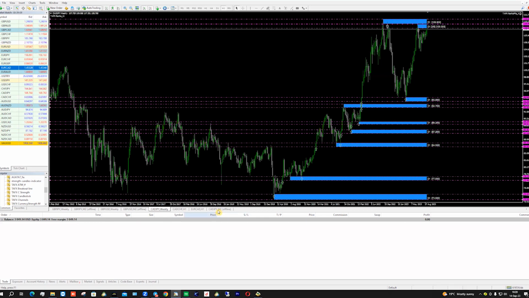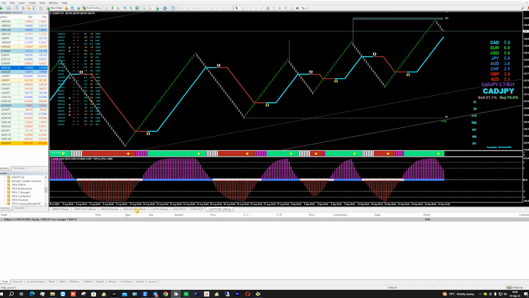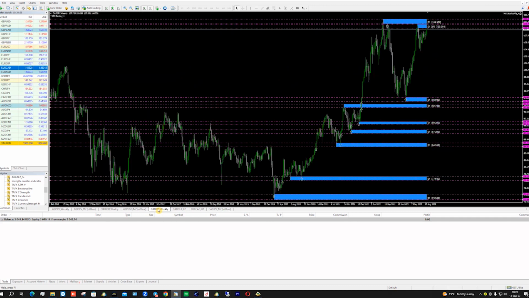Now, let us learn from this thing now. Let us go back to our currency meter. Since we saw that the card JPY, we have it here with 7.1, it's getting weak. We are waiting for the JPY now to start turning white at this area if it is a sell, because we are coming from the resistance. Let me show you the reason why